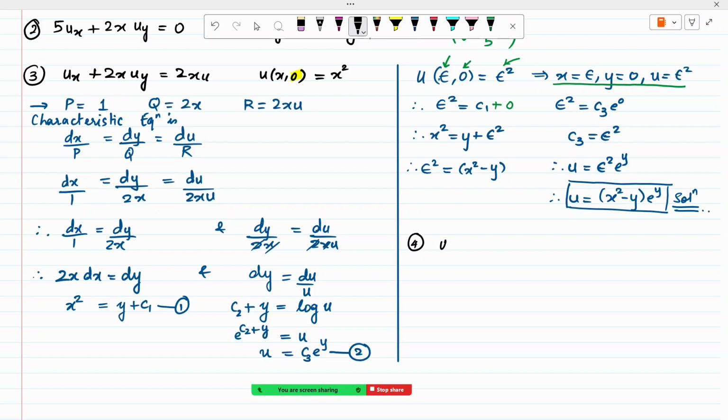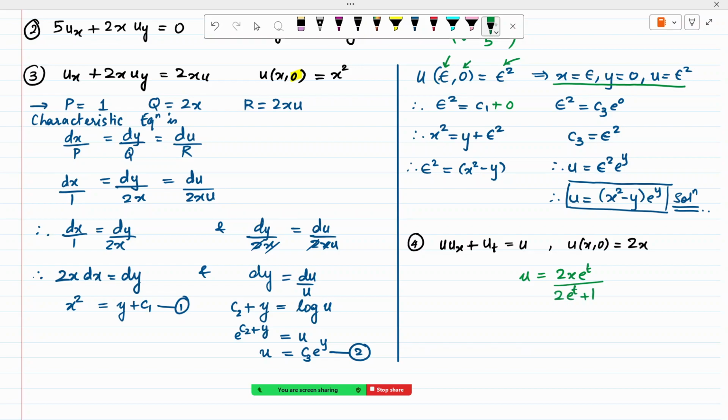So you have u times ux plus ut is equal to u, and the initial condition is u of x comma 0 is equal to 2x. Now be careful, the independent variables are x and t and not x and y. Okay. So your expected answer is 2x e raised to t divided by 2 e raised to